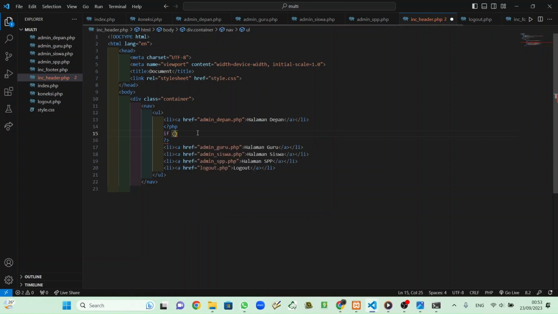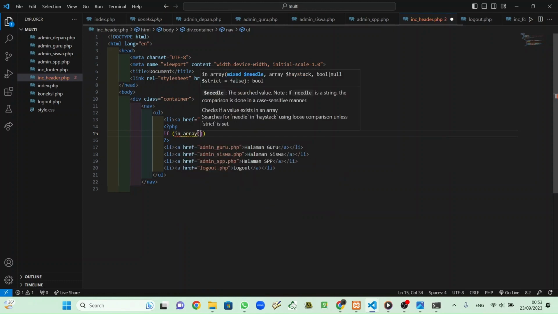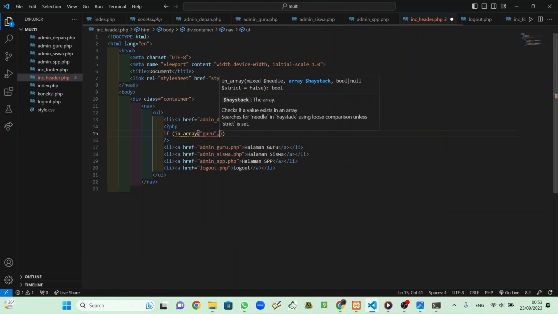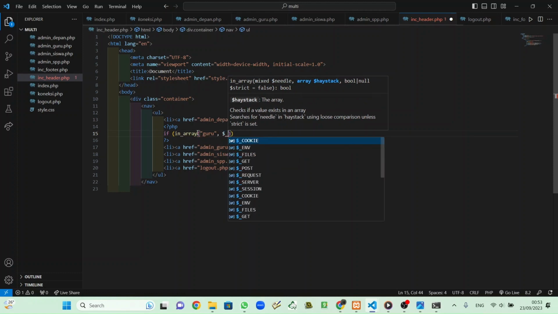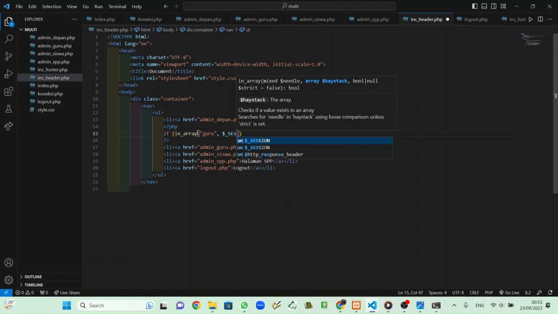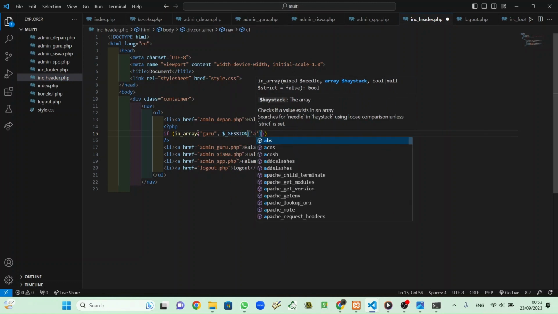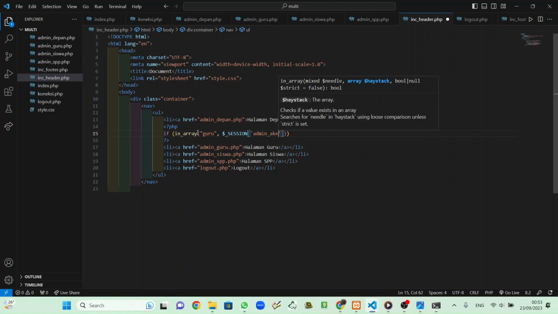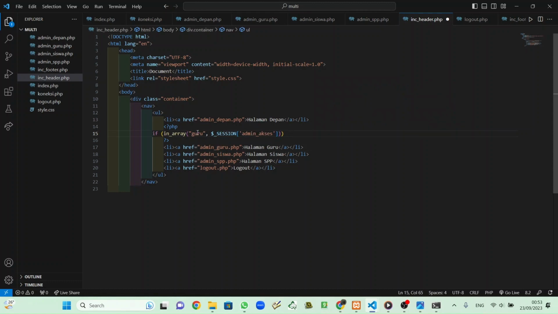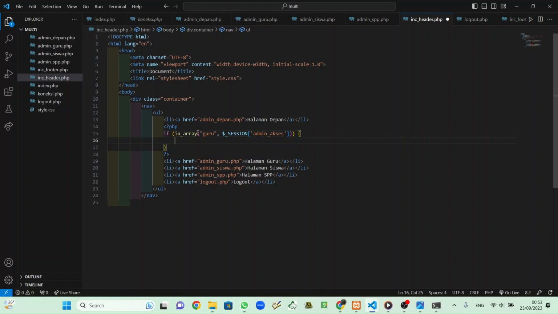If in array guru with a session admin add admin access. Okay, and this now with curly braces, and close this PHP